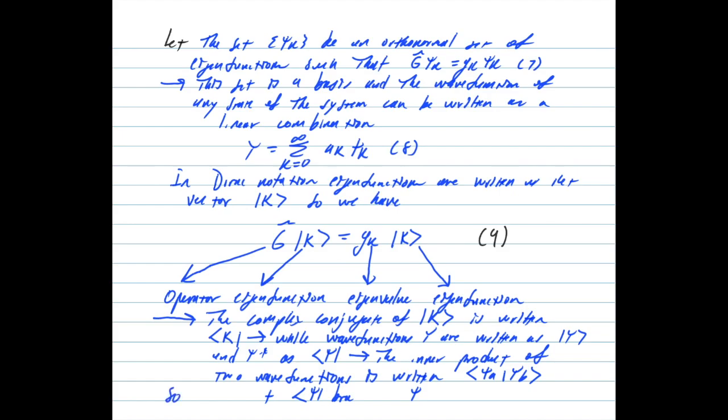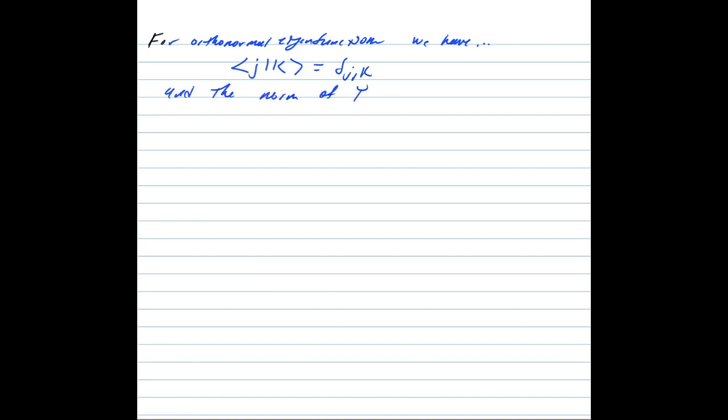And the inner product of the two wave functions we have here, psi a and psi b, makes a bracket. So we have the ket vector and the bra vector. Combining the two makes a bracket. And we are talking about orthonormal eigenfunctions. So we have a relation about orthonormal eigenfunctions in equation 10, and that relation is bra j ket k equals delta j comma k. And the norm of psi is equation 11, which is